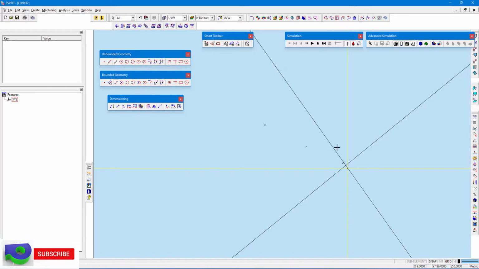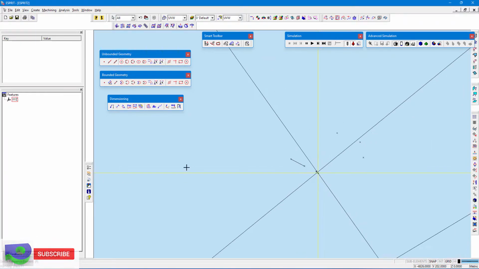So I just select the point, and I will go and select this point. It will be very easy. But in a circle, we have to select the first center point, and we have to enter our radius.